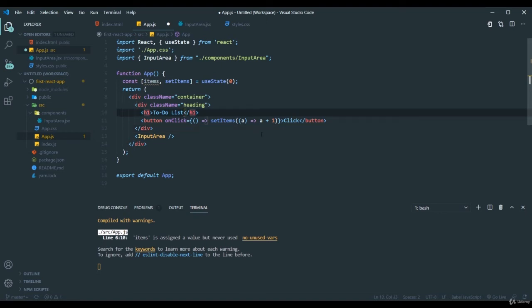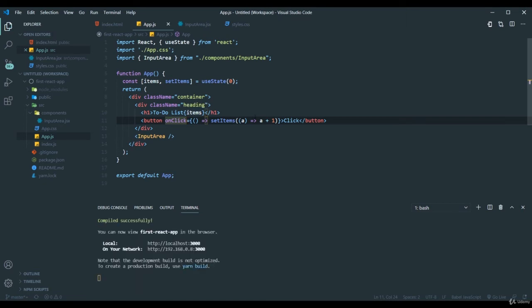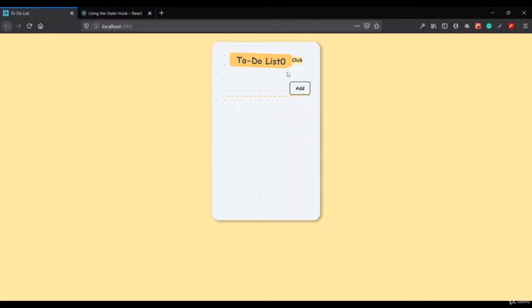So here in the h1 tag I will add the variable name, and if you want to add the variable name in an HTML tag, you can do that by enclosing it inside a curly brace. So this is a JSX syntax which you need to know. So just try to understand this. This is a string, but this is a variable name, and if you want to include a variable name inside a tag, you need to put this curly brace, and inside that curly brace only you need to mention the variable name. Now if I just save it and go to the website,